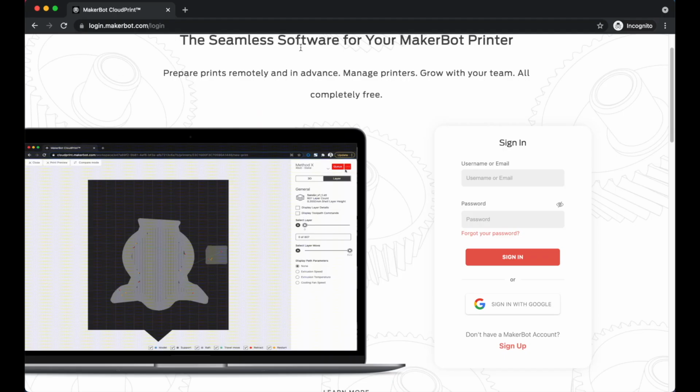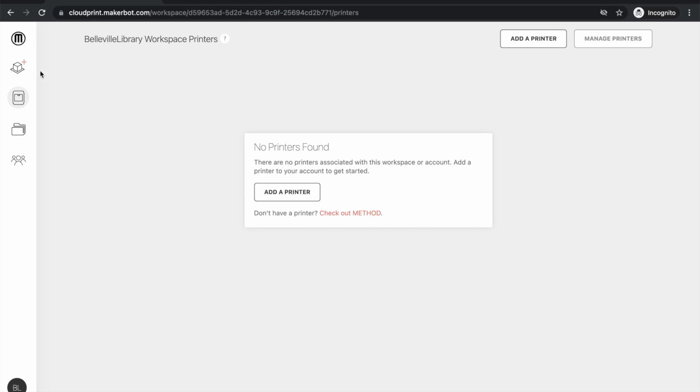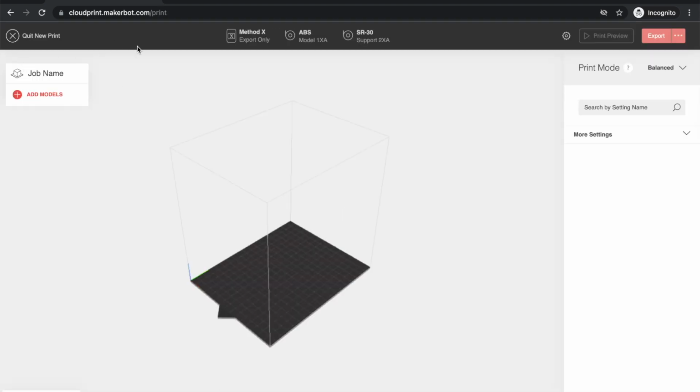Let's do a quick demo with MakerBot CloudPrint. First, you need a MakerBot account. On the MakerBot website, follow the prompts to create a free MakerBot account. Once signed in on MakerBot CloudPrint, get started by selecting the Start a New Print option on the left side